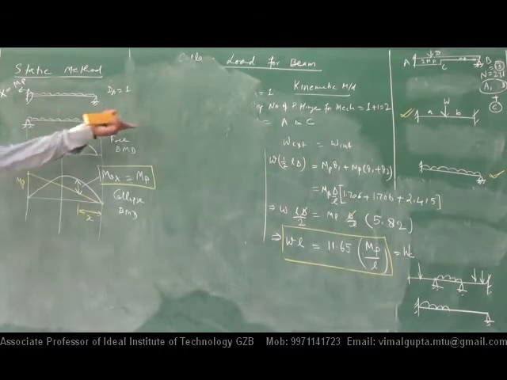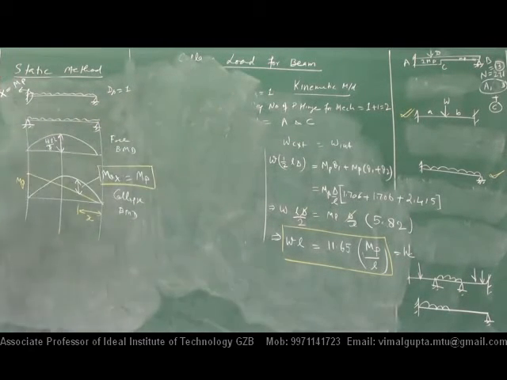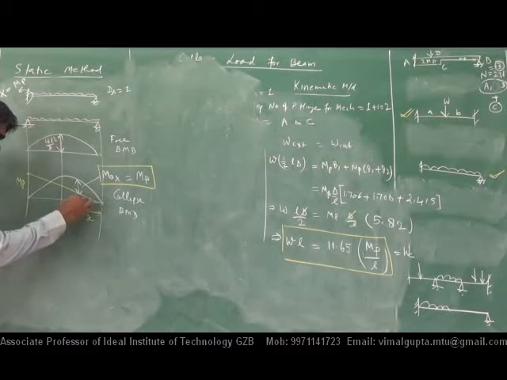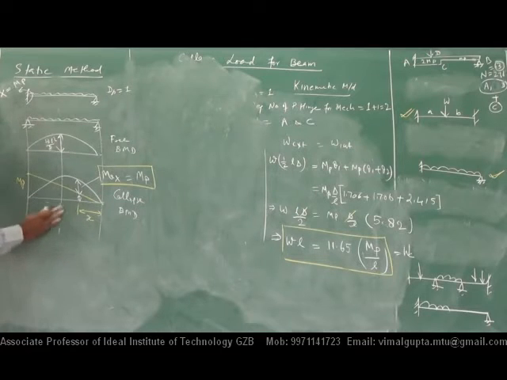No, not yet, that was the result of the kinetic method. Then why am I intersecting both? We do not know that value, so we have to calculate it. What will be the value of the redundant BMD? That will be MP by L equals Y by X. So the value of Y will be X by L MP.